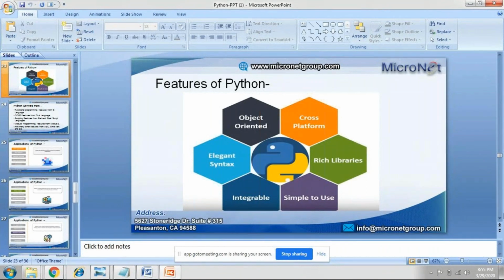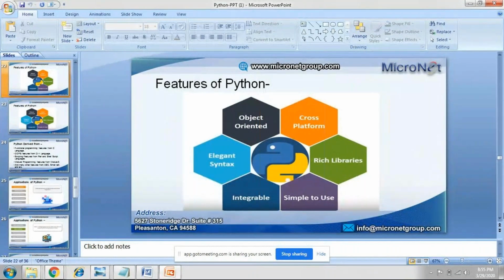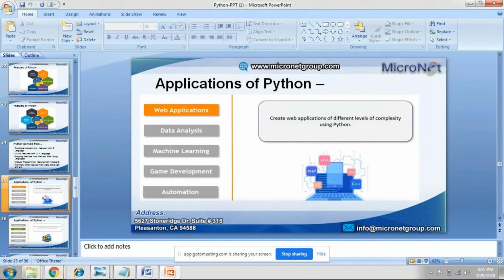Excuse me, Naresh, what is the learning curve for Python and maybe machine learning? First of all, you have to learn the basics of Python. We can avoid learning the concepts used for web applications, game development, and automation. We can just focus on the things useful for data science and machine learning.